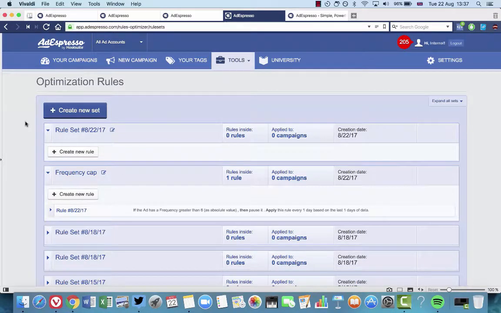a safety cap. So maybe if I'm on holiday for a few days, or it's the weekend, and I don't want to be looking at Facebook, or maybe I'm flying and I just can't get to the internet, then basic rules like this can be good, either based on frequency or based on CPA. So this particular one, we're going to call a pausing rule. So we'll just set this one up,